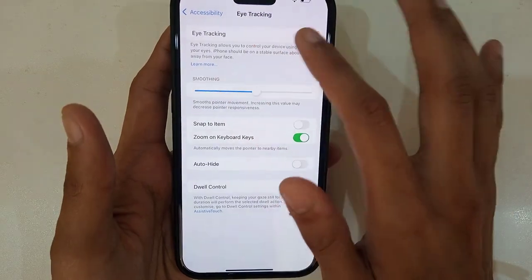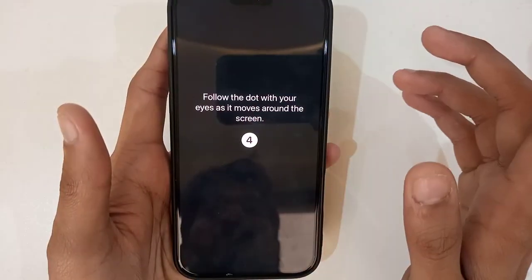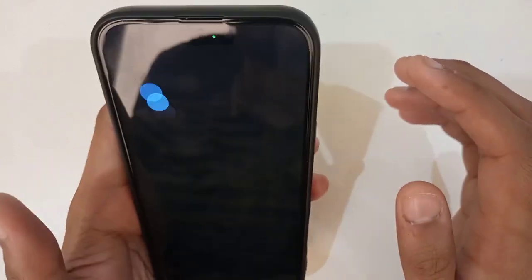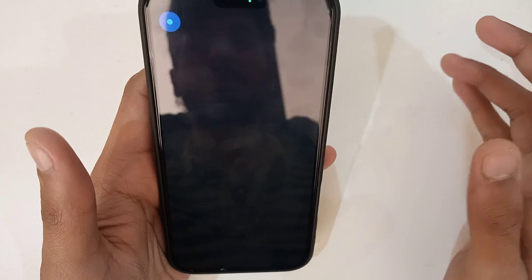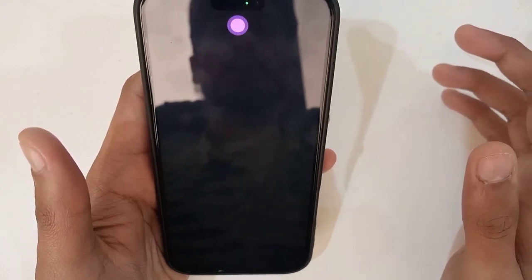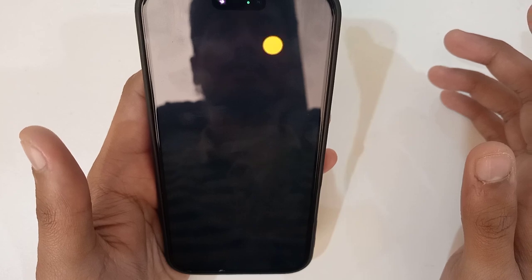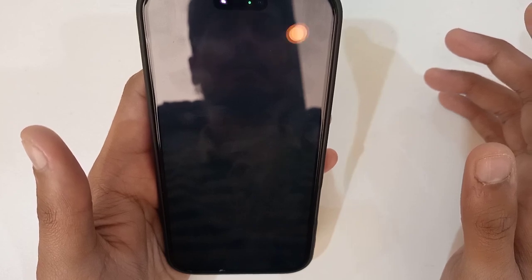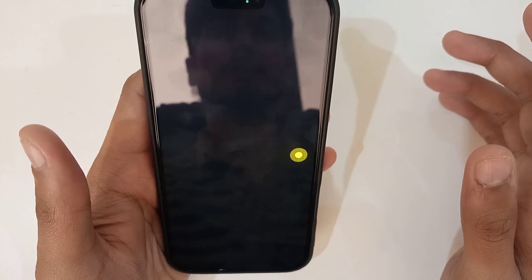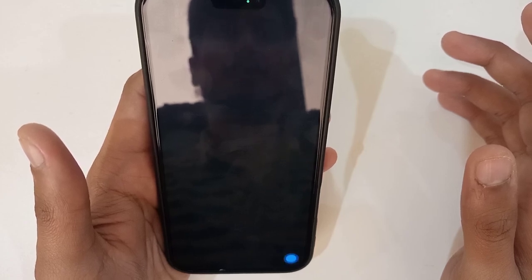After enabling, it will ask you to follow the dot with your eyes as it moves around the screen, so it can track your eye as I see at the moment, and it will start doing things like this, and after a while it will track my eyeball. Okay, perfect. It has done the eyeball thing, and